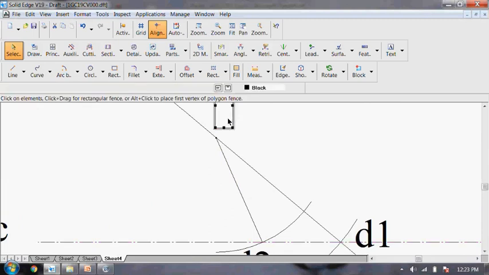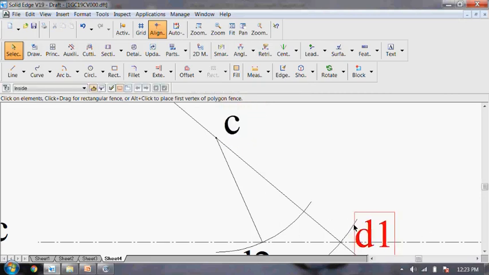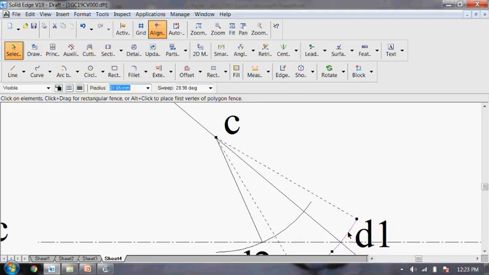irregular shaped lamina. So this C will be common for both the medians. C is the common point for both the medians. So CD1, which is the median of regular lamina, and then CD2. CD2 is the median of irregular lamina. So this CD2 line we have to extend back.